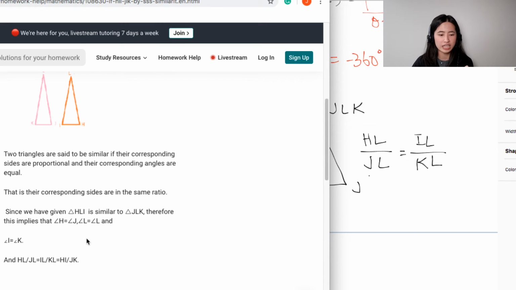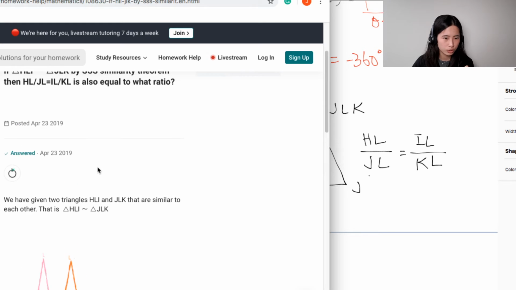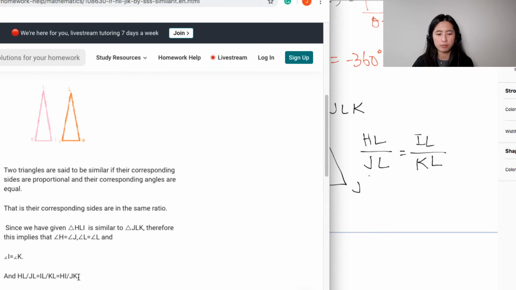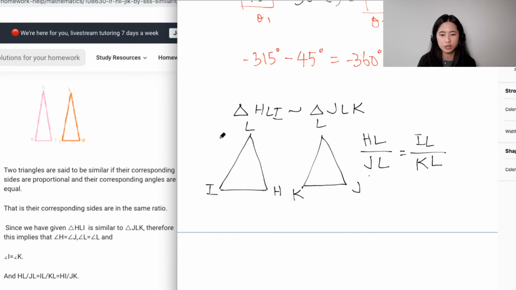That's why they need to come up with, let's see what they wrote. Yeah, they need to come up with another side of the triangle. Because they're saying that you have this HL and you have this over here, you need to have your IH or HI, and this KJ or JK, rather. It's up to you whether you name this IH, just make sure it's consistent. If you read it as IH, it has to be KJ, and if you read it as HI, it has to be JK. So based on this SSS theorem, you can say that this should be equal to